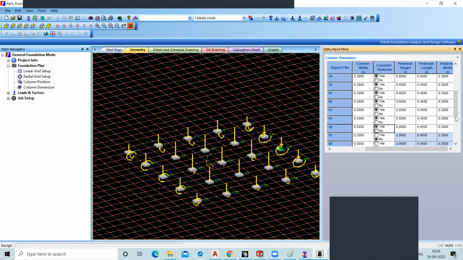Now, what was the height you want for the pedestal? 2 meter. 2 meter is too much, small height, 1 meter.